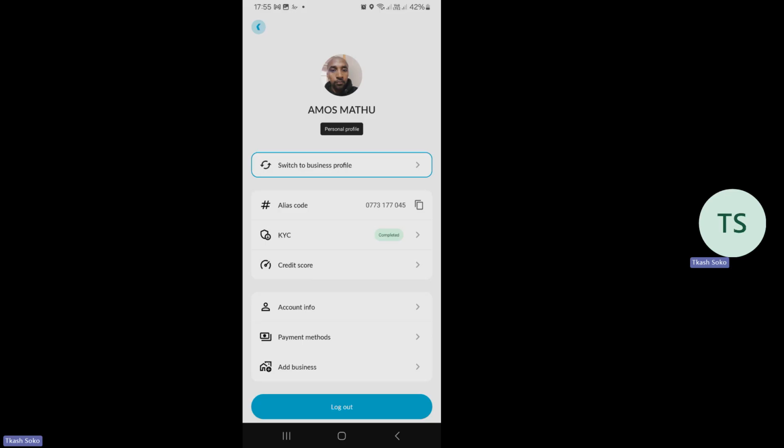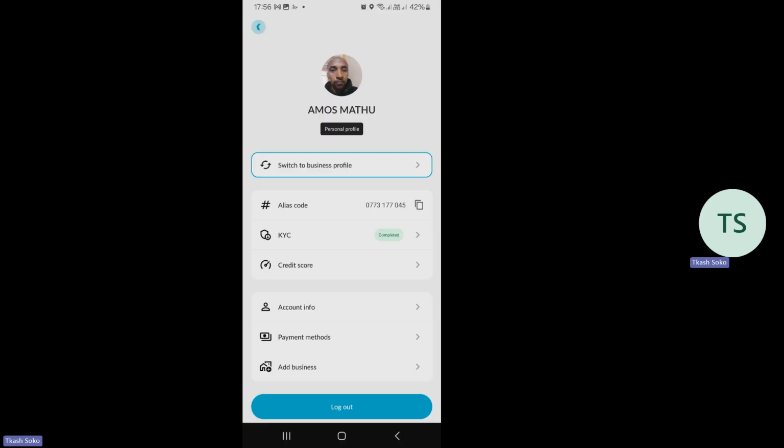Then the alliance code, this is like the bank code. Ukienda kwa bank kufungua account, kuna kitu unapeangwa referred to as an account number. Hiyo account number ni ile namba yako yenye ina hold pesa uko nazo. So pia kwa T-kash soko platform kuna a certain unique number yenye unapewa. That number is unique to you, only you. So hiyo number ndio unaona hapo inapia as alliance code, which is 0773, for my case 117045. Hiyo ndio namba inapia hapo.